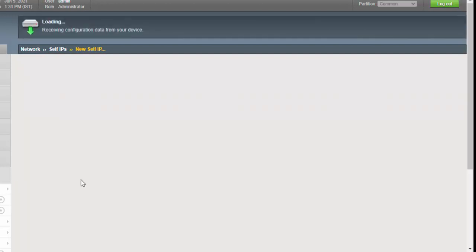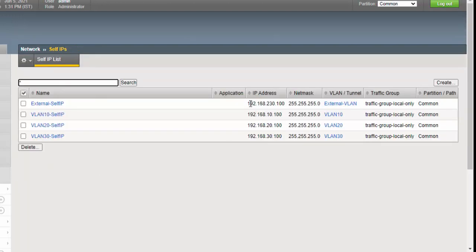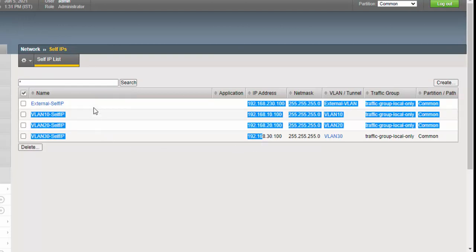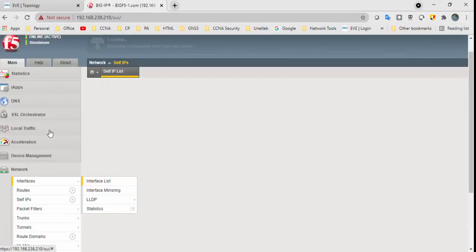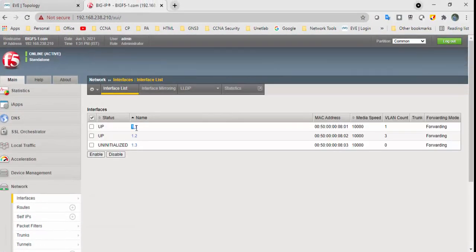Click on finish. So we got the self IPs for VLAN 10, 20, 30 and the external self IP. If you go to the interfaces, they are up and running, 1.1 and 1.2.